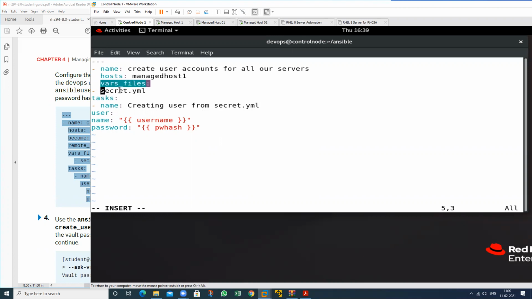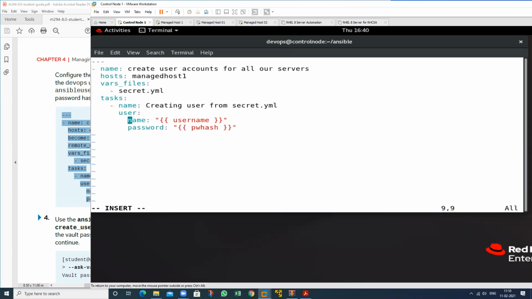I am calling this particular file in this playbook. We have the variable values in this file, and now what type of task you want to apply. This is my first task, and I want to create the user by using the user module. The name of my user and the password are placed in this particular file.